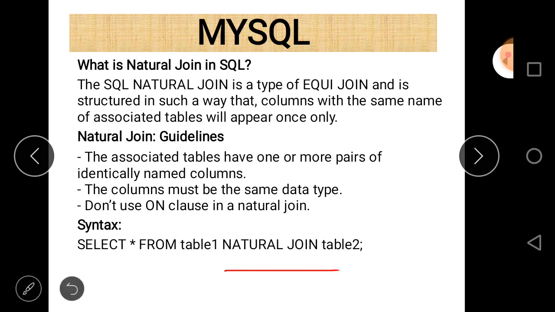So if you want to join two tables using natural join, the first important thing is that at least one column name should be common to both of these tables. Second, you need not put any condition in natural join. And third, the column which appears in both of these tables will appear in the combined table only one time. That's why it is called the natural join, because it joins two tables naturally without specifying any conditions.